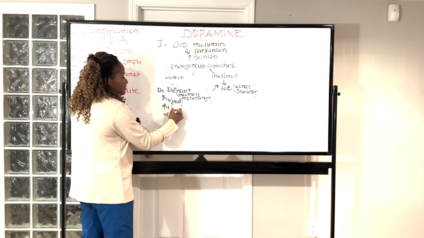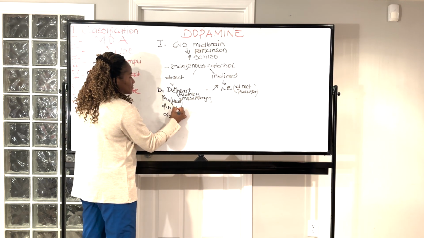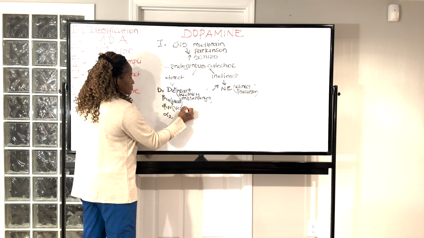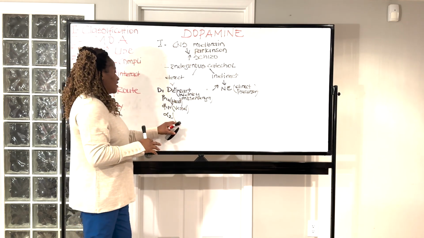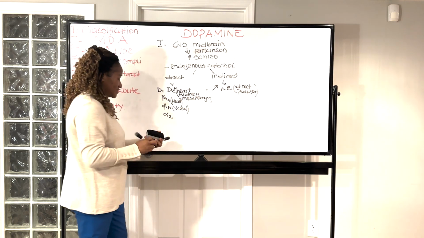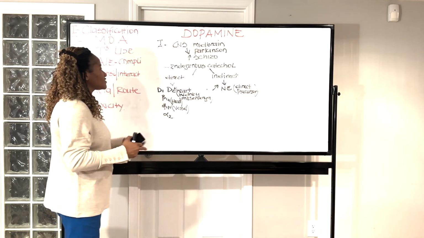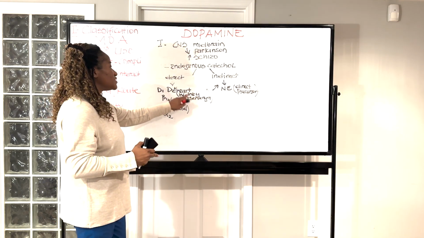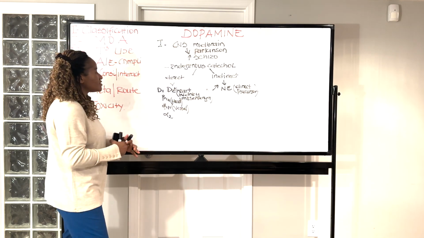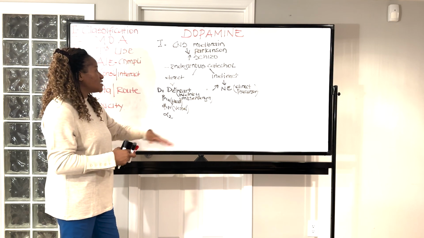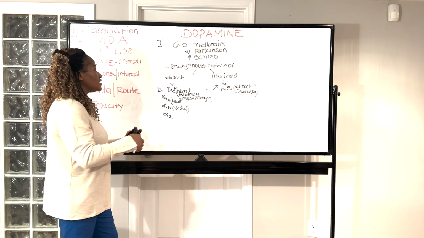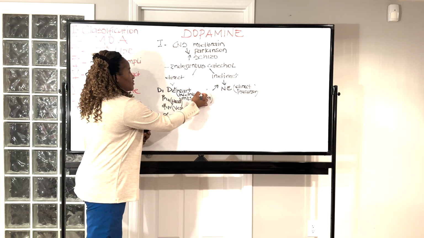The alpha 1 receptors activation is going to be on the vessel. And the alpha 2 receptors, we talk about this. Now, let's go back to the dopamine 1, dopamine 2 receptor. Because dopamine is going to activate this receptor on these 3 places, dopamine is going to increase the